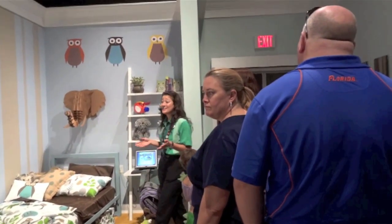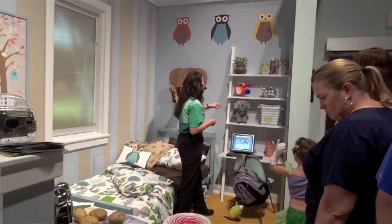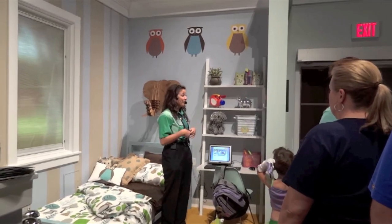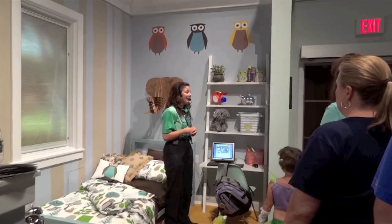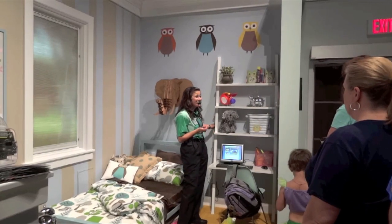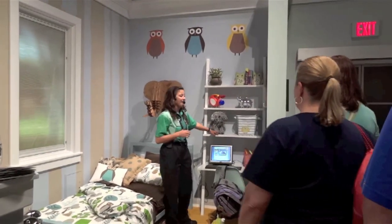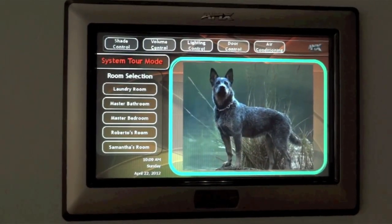There's a lot of cool things that you can see in here that Nadine has worked on with Samantha in recycling objects. This is one of my favorite things in Samantha's room. It is a nightlight that is made out of an old laundry soap container for your washers. They've made a little pig out of it and put a light in it, and it turns on and lights up, and Samantha's afraid of the dark, so it's a great thing to have in her room. It's easy, it's not too expensive. Oh, this is one of my favorites too. They made a dog to keep Rounder company, of course, out of old